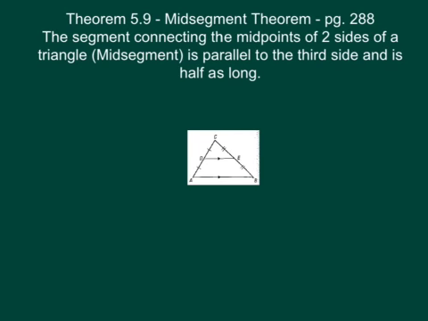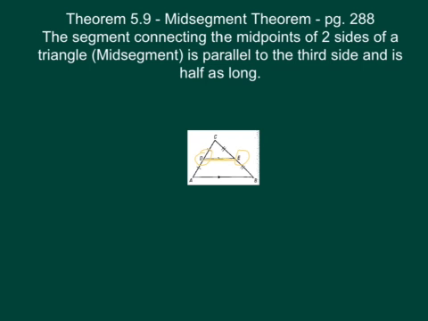So if you look at this drawing, DE is the midsegment because it connects the midpoints D and E. D is the midpoint of AC and E is the midpoint of CB. And we can tell that those are the midpoints because we have these marks on the triangle that show that CD is congruent to DA and CE is congruent to EB. So that means that D is the midpoint and E is a midpoint,